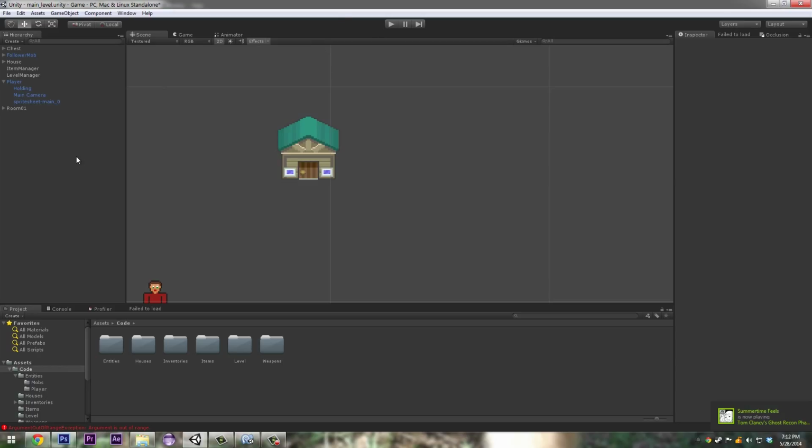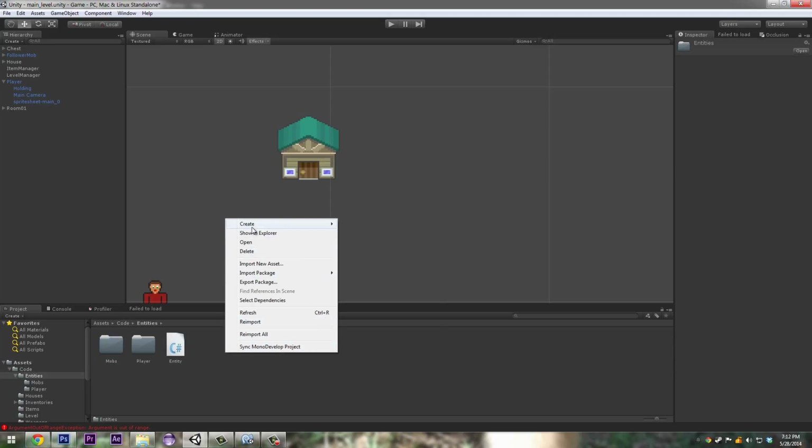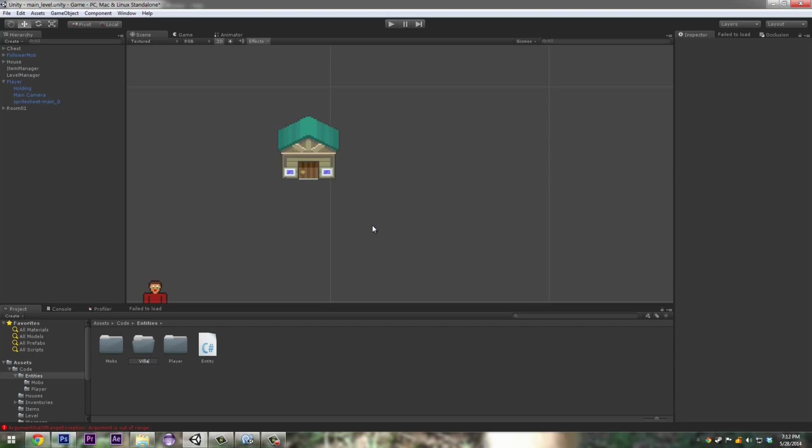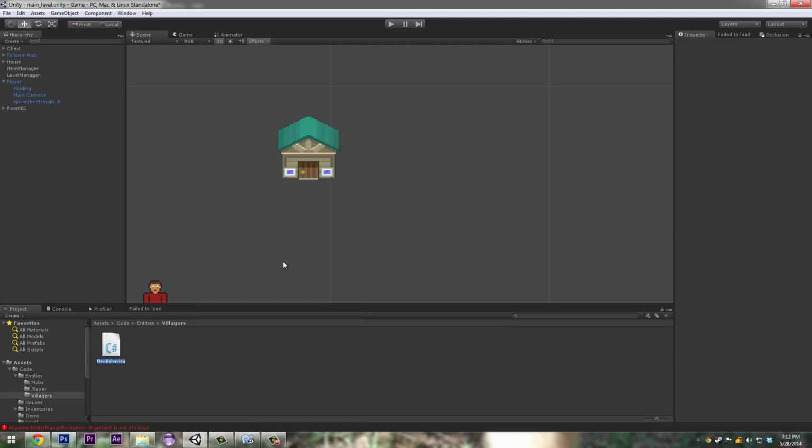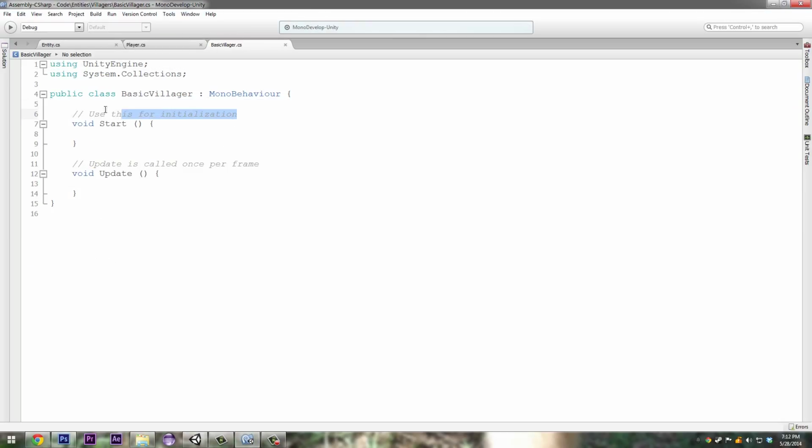whatever we need. So if we go to our entities in our code folder and we create a new folder and we call it villages. Now we're gonna have a few types of villages, but for now we just want a new C# script and we'll call it basic villager. This is gonna be really easy. So what we're gonna do is we're gonna have